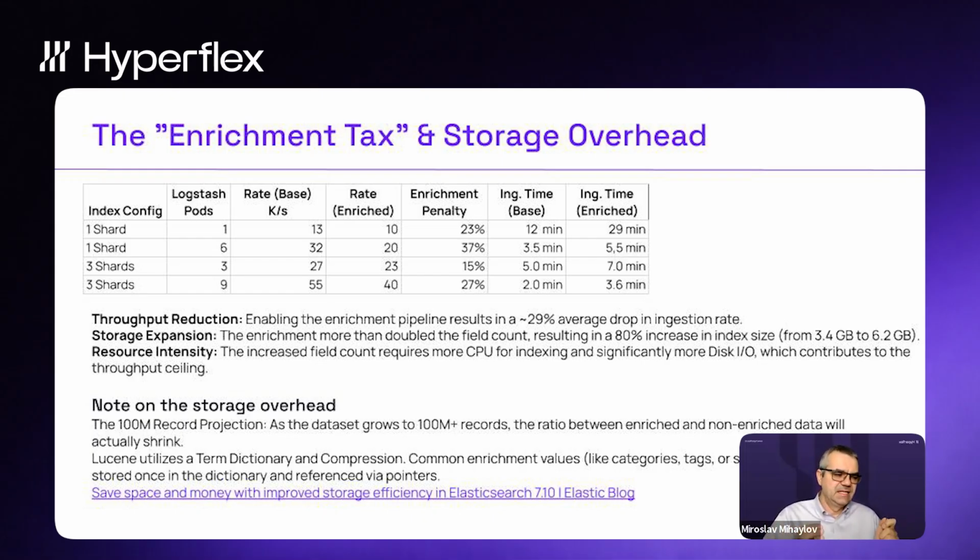However, in a real-world scenario, as the data size grows, let's say from 9 million to 100 million to billions, that ratio between non-enriched data and enriched data would actually shrink, because Lucene utilizes the so-called term dictionary, which is basically putting all the common values in one place. Imagine the lookup index basically going into Lucene's term dictionary, where it will just keep pointers to the index. So in a way, it is also keeping the best of both worlds from SQL, where everything is put in separate tables and such.